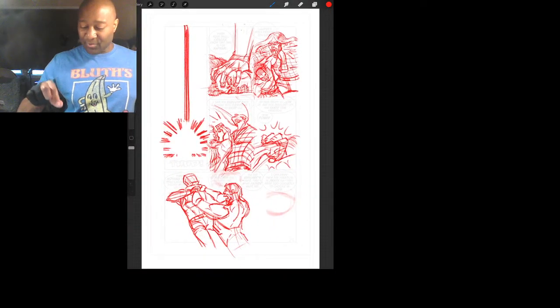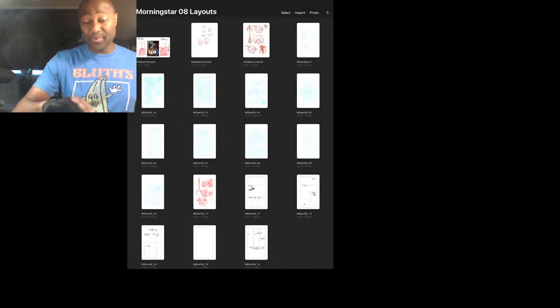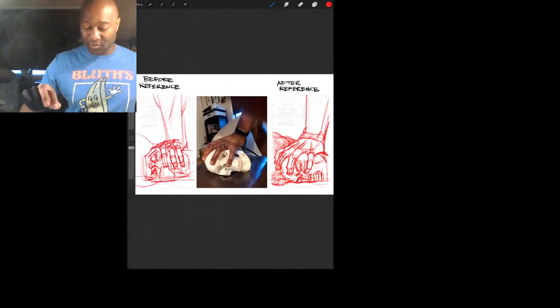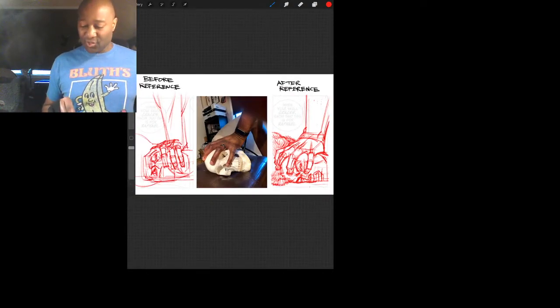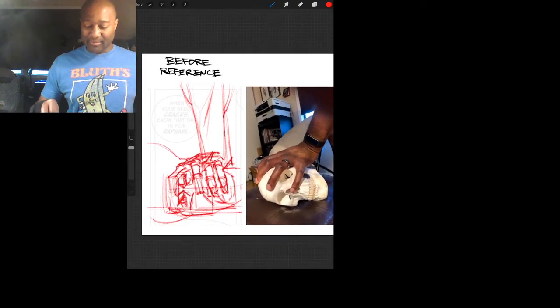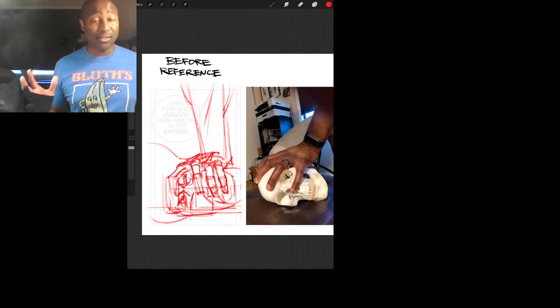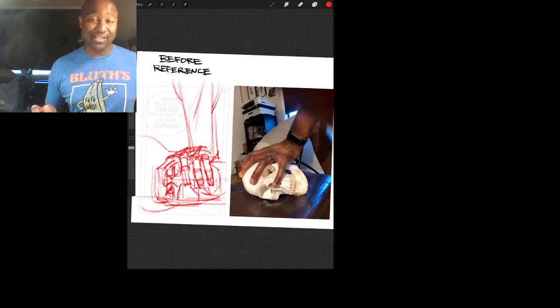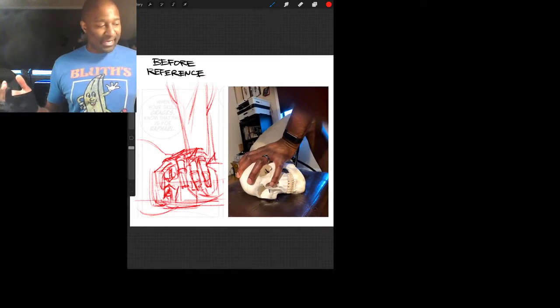Something that I'm going to post in my blog in the future is a quick comparison of what I was doing before, where I was drawing that same layout and I just couldn't get the angle right. Just going off my thumbnails, it looked wonky, the hand looked wonky. So this clearly shows the benefits of using photo reference. I've got a human-sized plastic resin skull, it's not a real skull, but I've got that,